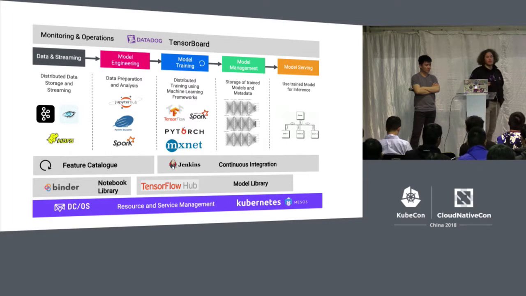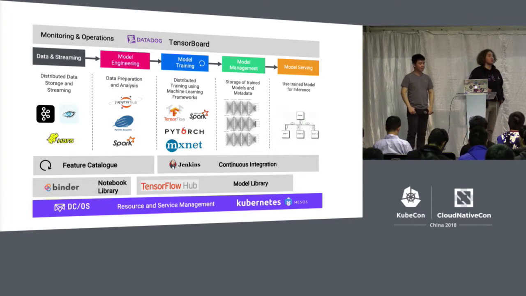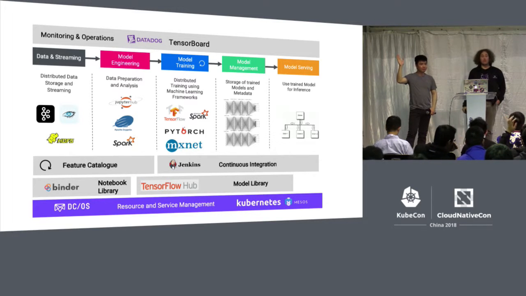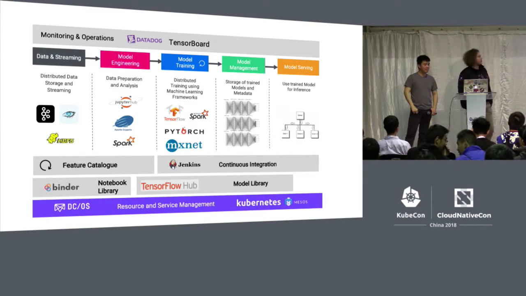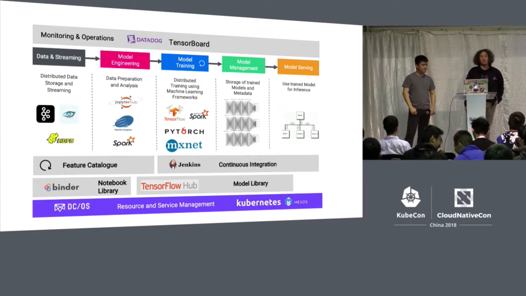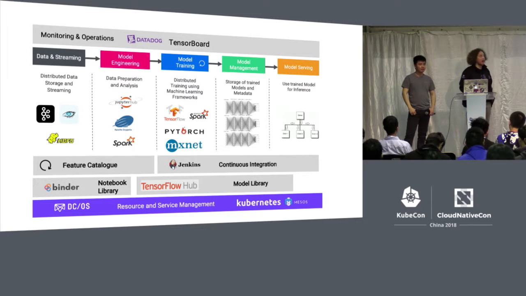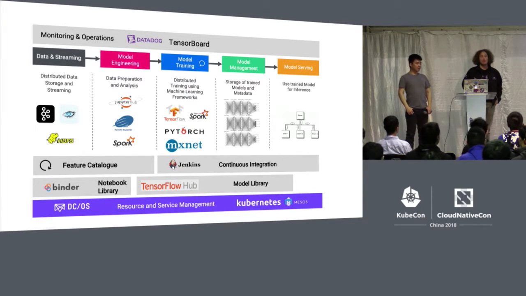The second part, and this is where my data scientist really wants to focus on, is the model engineering. This is the data preparation and model building. So this is typically Jupyter. How many of you know Jupyter as a project or have used it? Some. For those of you who haven't, I would really recommend it. It's a really nice way to get started with data science without having to worry about too many of the details. And so, as mentioned, this is where my data scientist can go in, prepare that data set, and extract features.